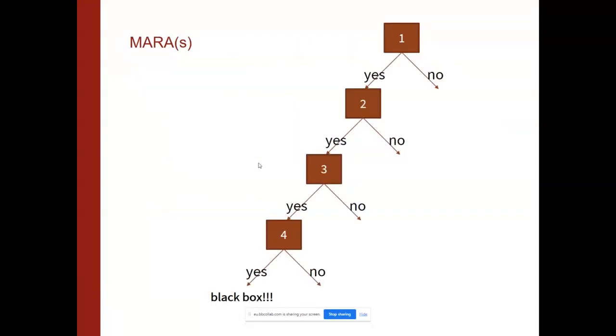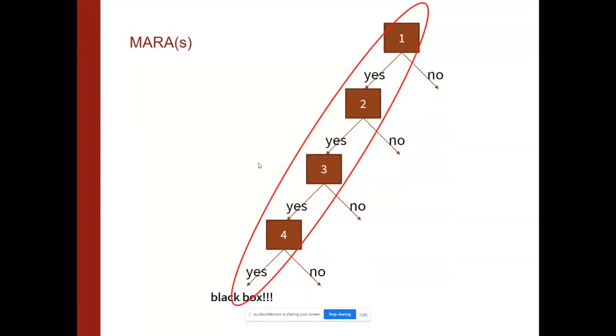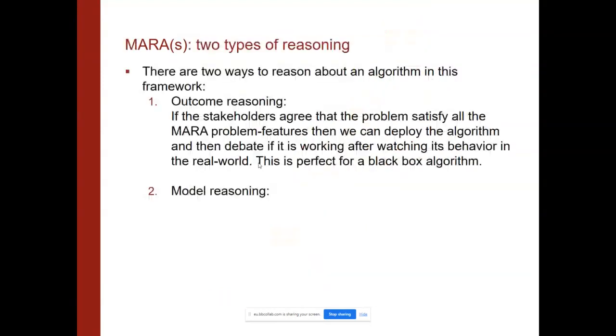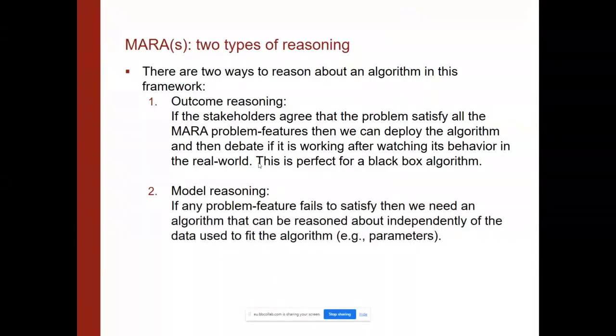And so just to give a visual here, we have the 4 decisions that someone has to make. If you say yes to all 4 decisions, you can be in a black box. So outcome reasoning is actually perfect for black box. Both Mike and I would say if you can use outcome reasoning, you probably should use outcome reasoning. It's a great tool in these situations.